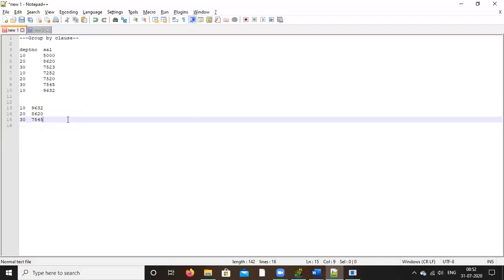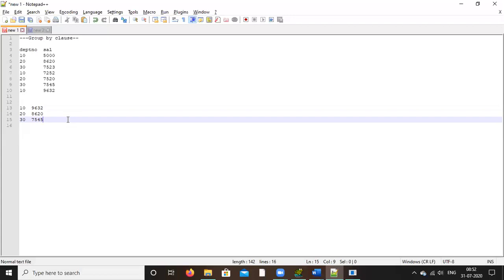When I told you department 10, what is the maximum salary, you searched the department 10. Department 10 is 5,000, then again 10 is 7,252, then again 9,632. Within this is the maximum.